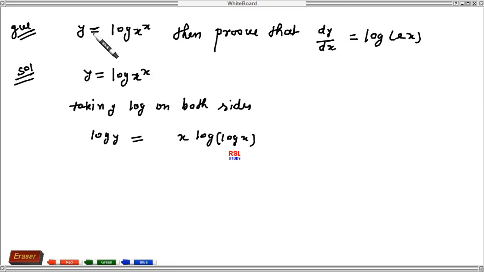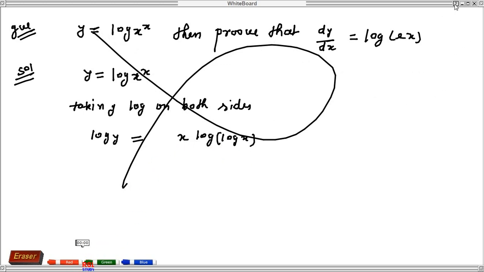I don't think this is correct, because just see, it is wrong. If you take log of (log x) raised to power x, it will come as x log(log x). When you are taking log y, that will be x log(log x). That is the result. So finally this has been left, because nothing is coming to mind. So we will see it in the next one, or if you can, then you should also try.